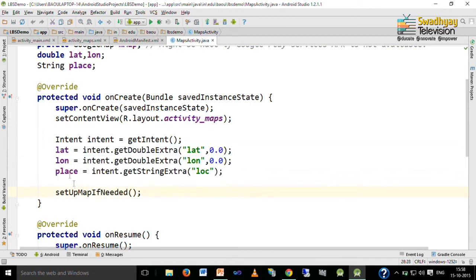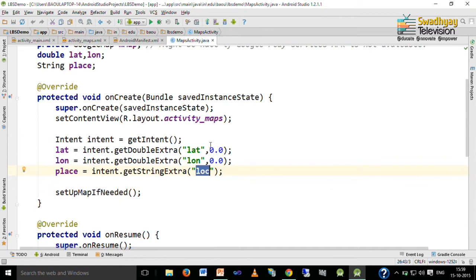In latitude I call the getDoubleExtra method, and the name of the key is latitude and the default value is 0.0. If it is not available, it returns 0.0, and in longitude we get the longitude and its default value is again 0.0, and in place we get the location passed before calling this activity.